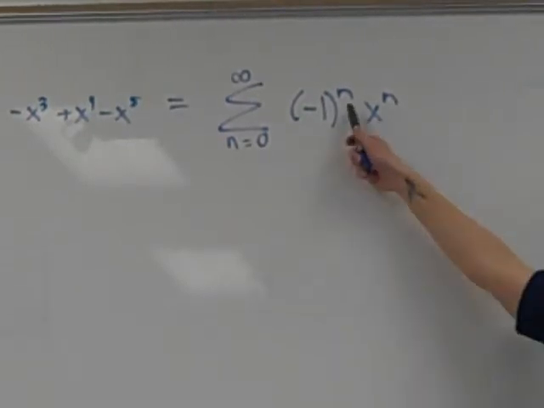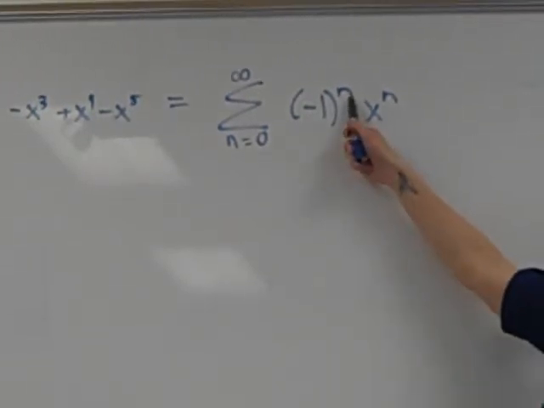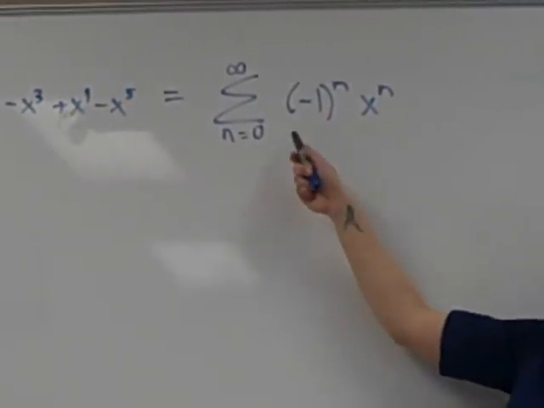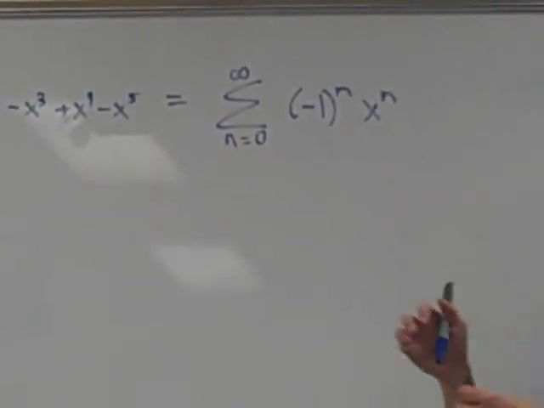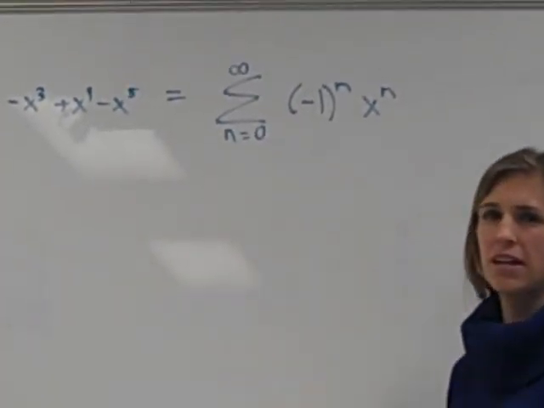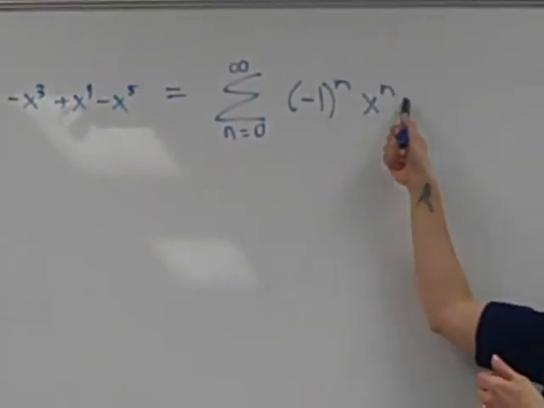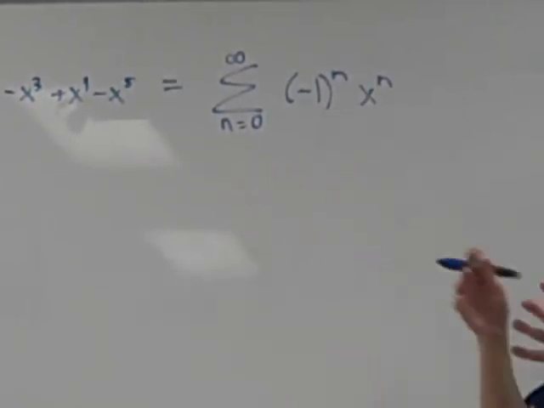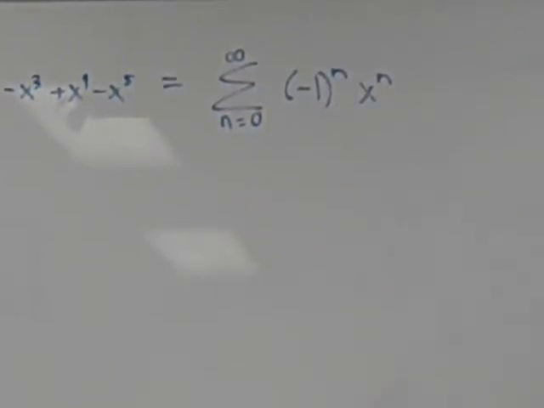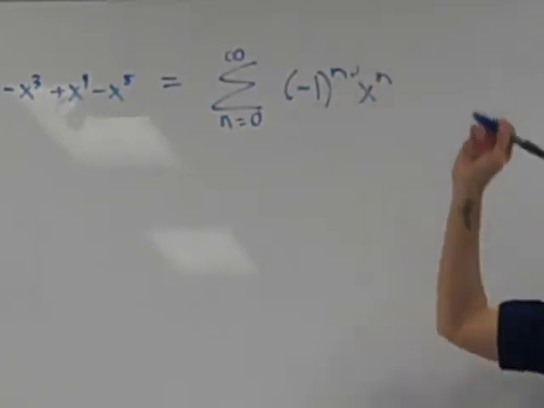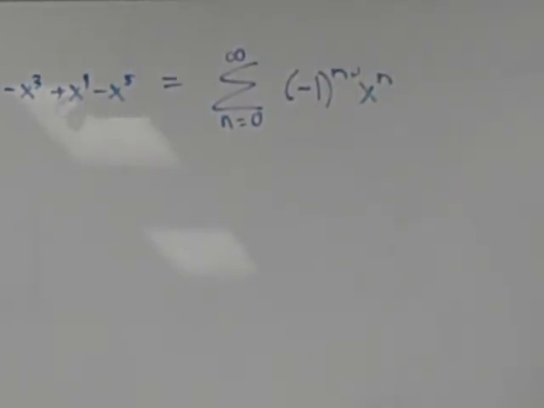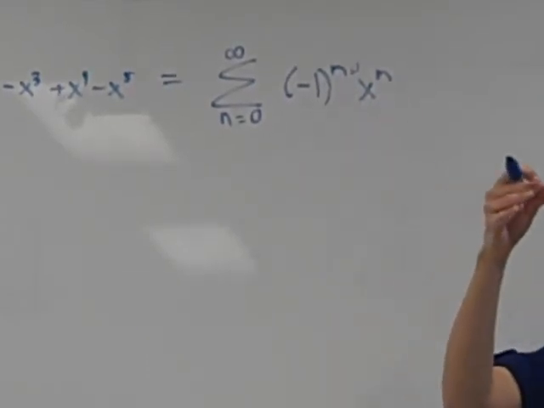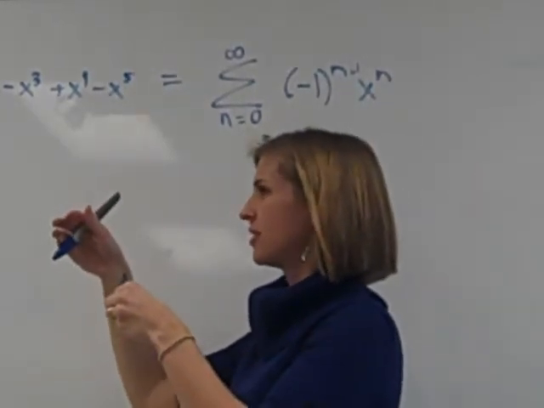Is negative 1 to the 0 still just positive? Yes. So I'm good. It's possible that when I do this, the sign ends up not matching. Like my first term was really supposed to be negative, but I needed the power to be 0 first, so that my x was just 1, and I got rid of my x completely. If that ever happens, I can always make this like +1. If I need my signs to alternate differently, I can always make the power of the -1 like n+1, and that way, like my first,